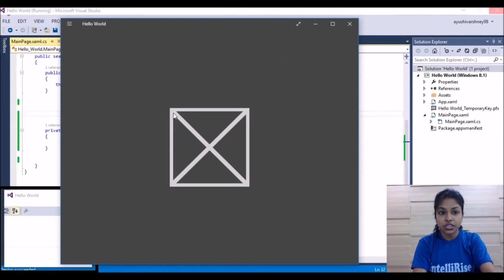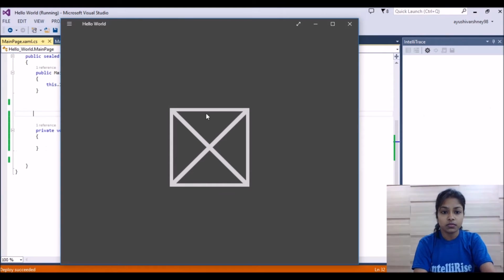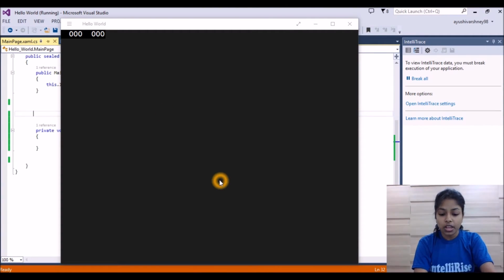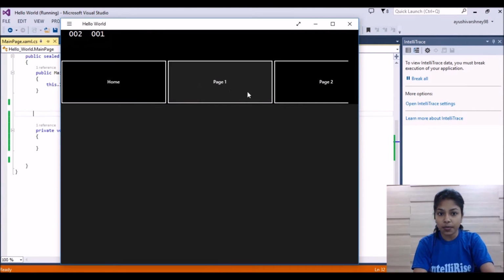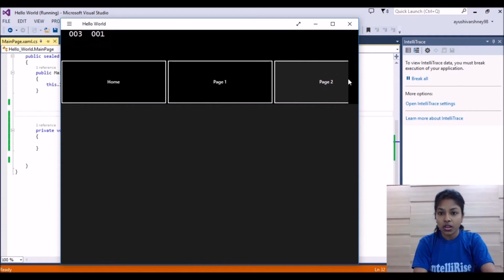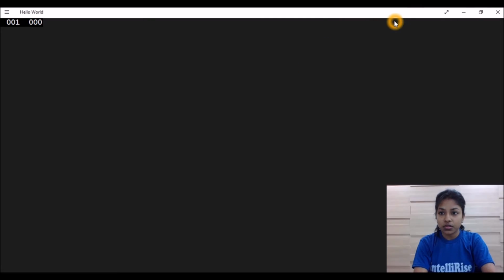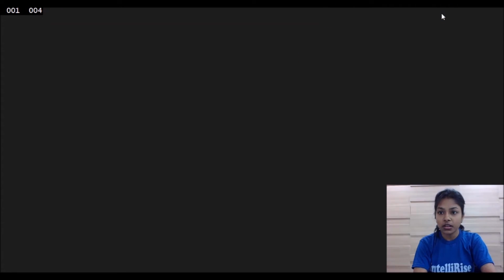So this is the application we have created here. If I right click, this is the app bar which we have created: Home, Page 1, Page 2. So this is how we handle the app bar in a Windows application.